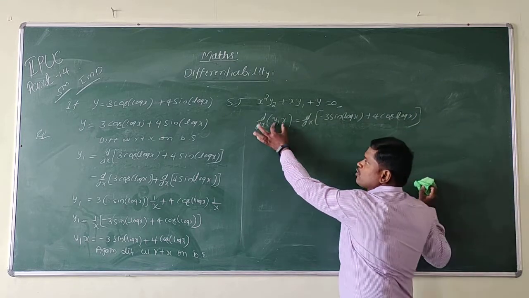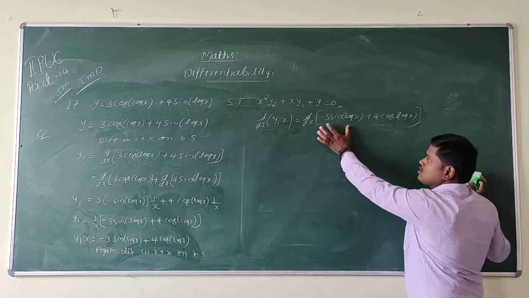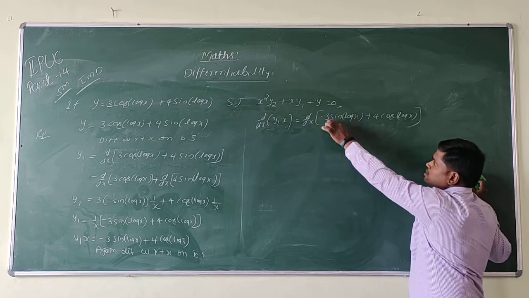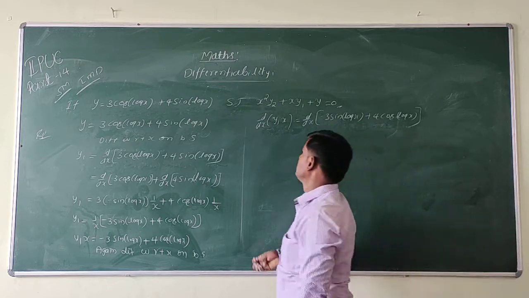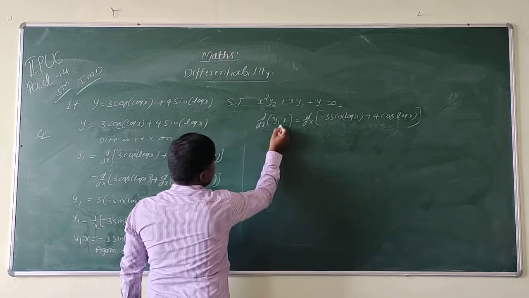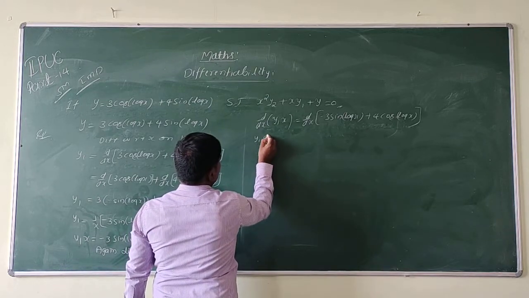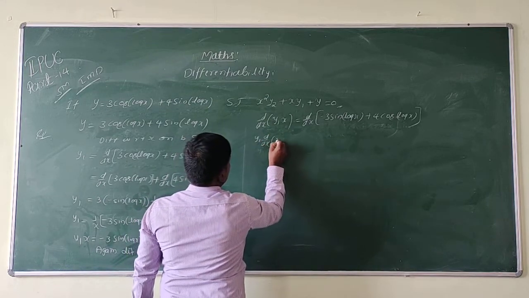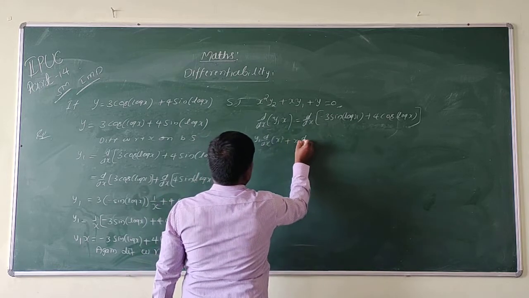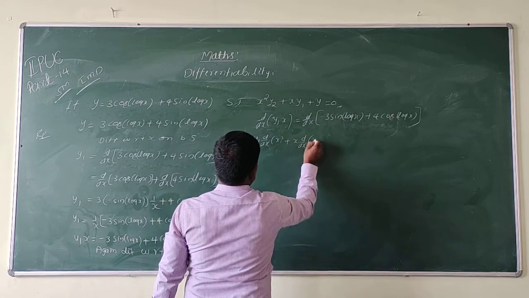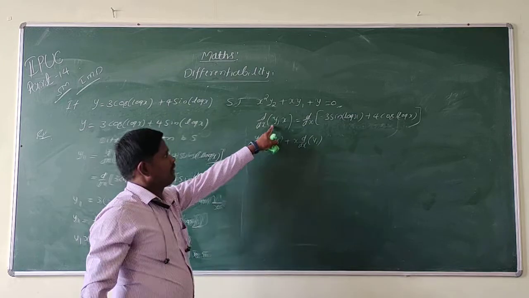Here we are going to use the product rule, the algebra of derivative, that is u plus v, and again the chain rule. By the product rule, it is y1 into d by dx of x plus x into d by dx of y1. So the derivative of this one is